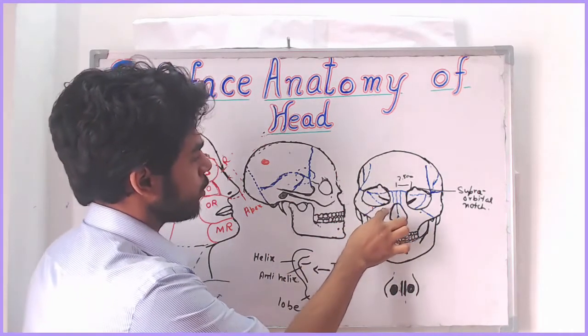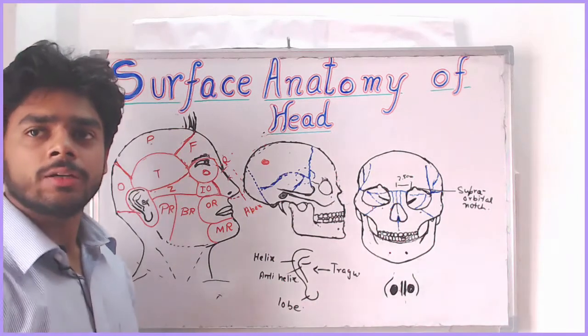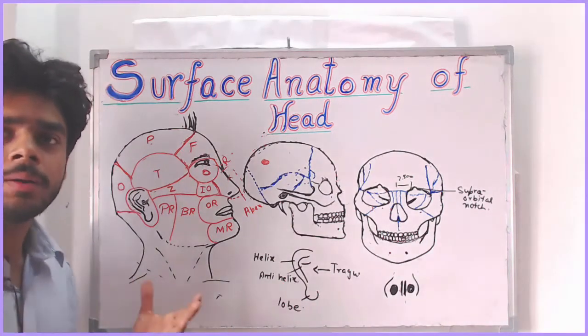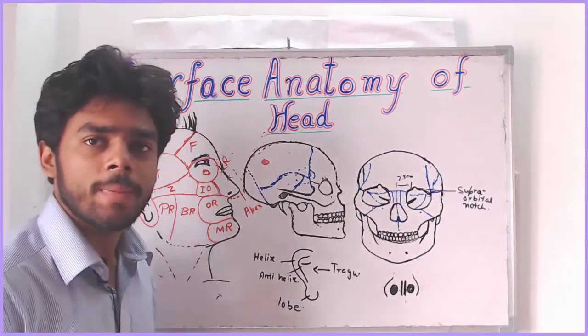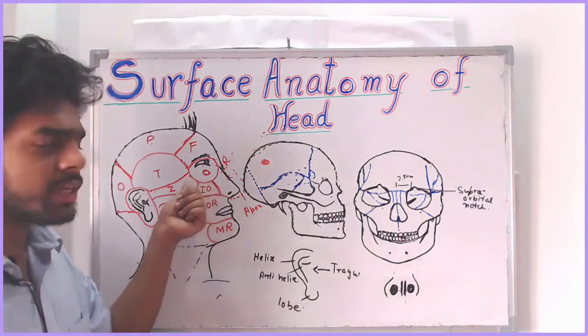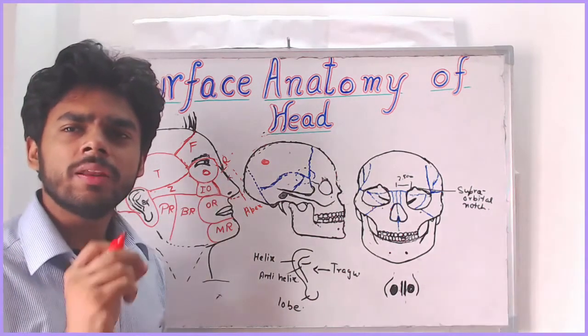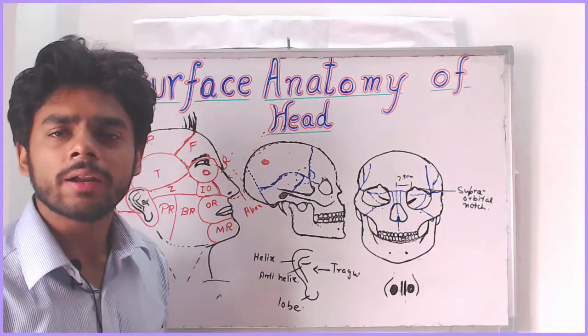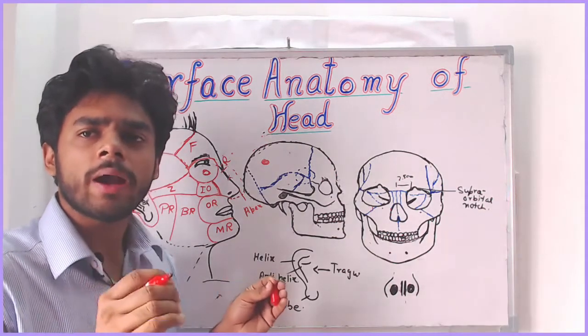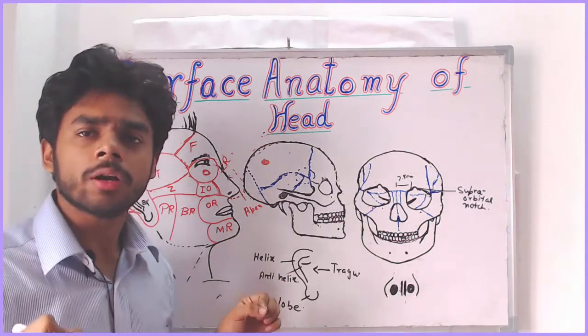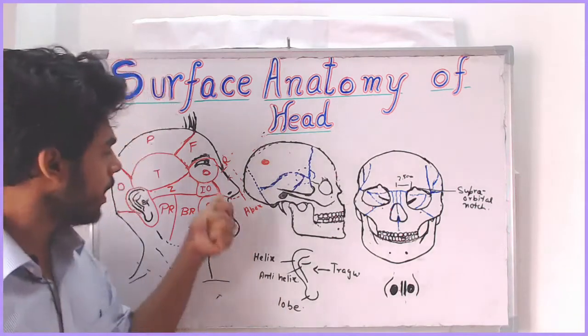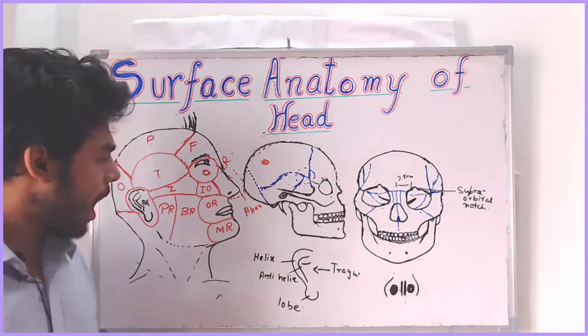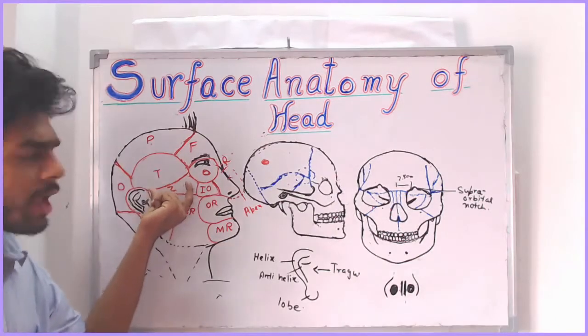This corresponds to the upper anterior part of the anterior surface of the maxilla. And the structure present in the infraorbital region, a very important structure, is called the infraorbital foramen, and this is very important for giving the infraorbital nerve block. After infraorbital, we will study the zygomatic region.